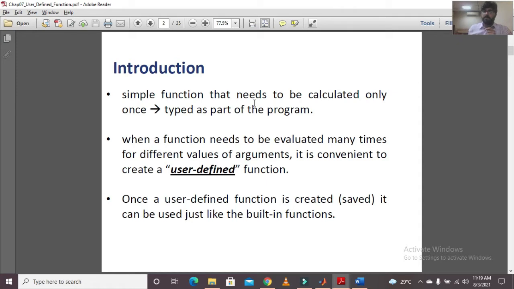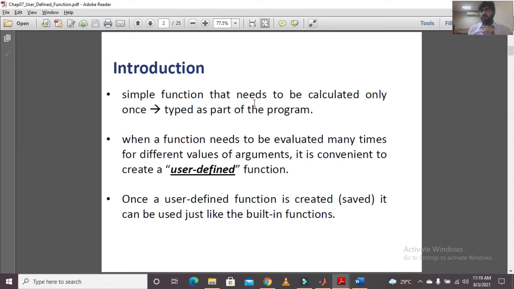These user-defined functions, most of the time in fact, become very valuable, particularly when you want to perform some calculations, and you have a 10 to 20 line, or maybe more than 20 lines script, and you do not want to write it over and over again.